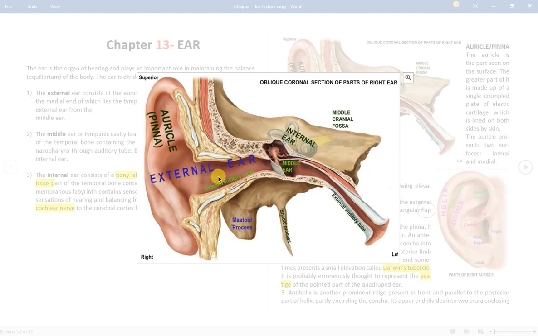This external auditory canal falls under this plate of bone above that is forming the roof. This plate of bone is known as tegmen tympani, which is petrous part of temporal bone. In the floor, you will find two bony elevations. One is called mastoid process. One is called styloid process. Okay, they are a little bit away from this area.